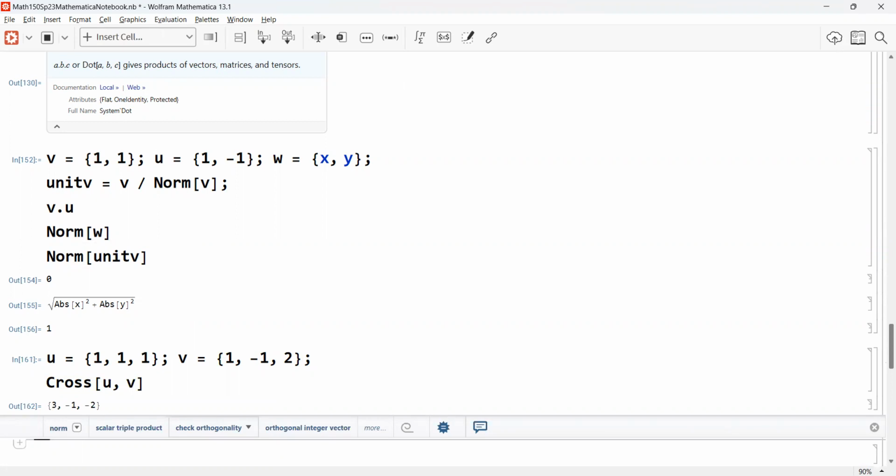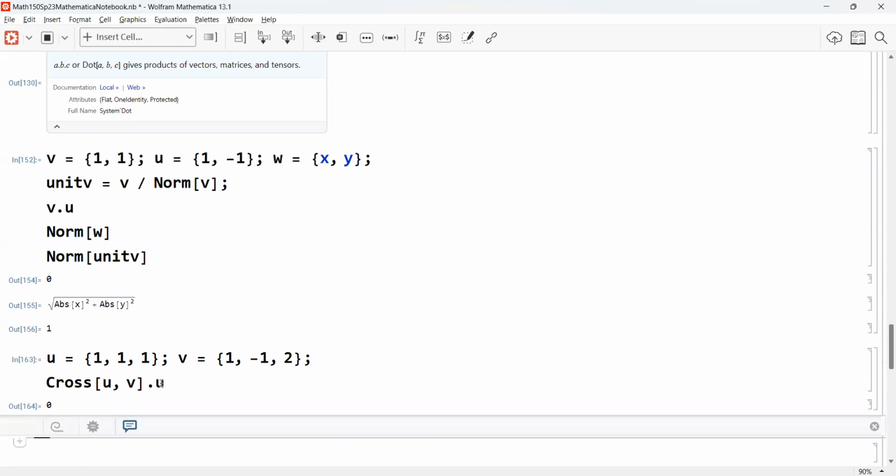Unfortunately, I can't really just look at that and see, is this correct? So we could start putting in various vectors to see if we know. But what's one test we could do to see if this is correct? If this truly is the cross product of u v, it should have a nice property. What would be that nice property? It should be orthogonal or perpendicular to u and v. So let's dot it with u, we get 0. Let's dot it with v, we get 0. So that shows you that we at least got a vector that has the right direction. So this is not a proof,